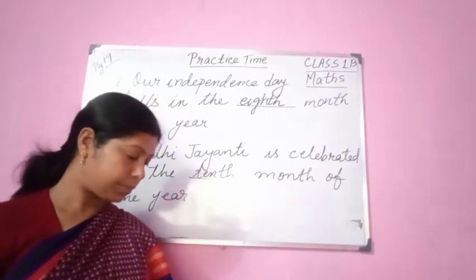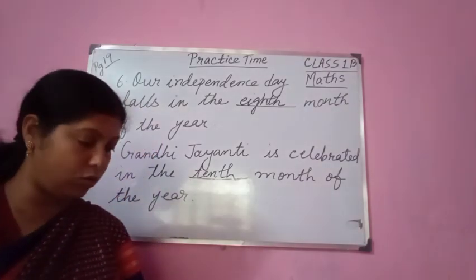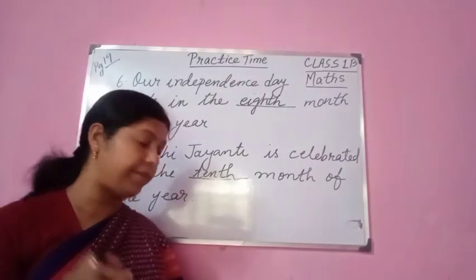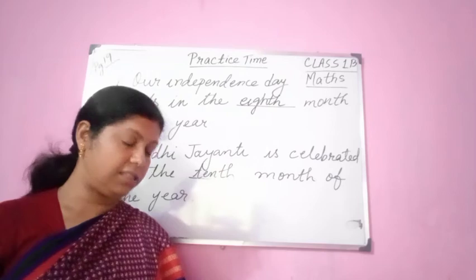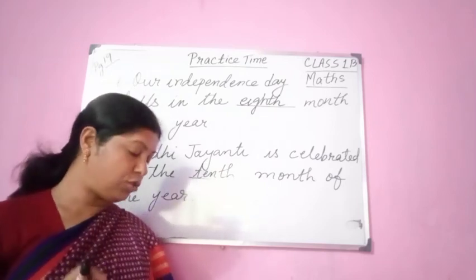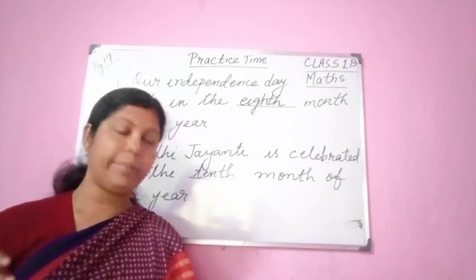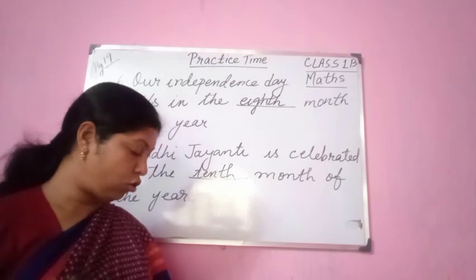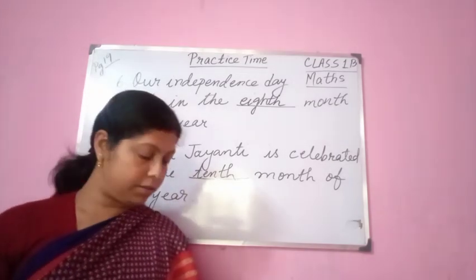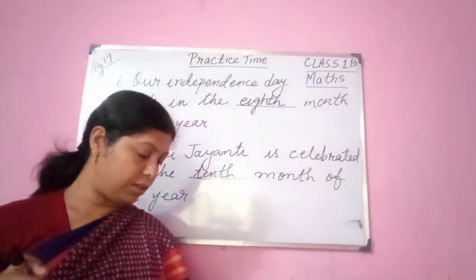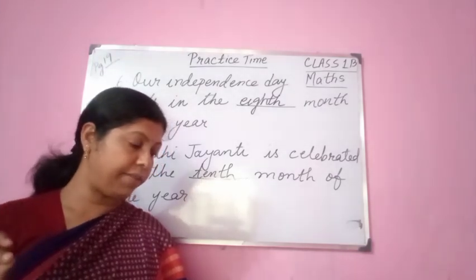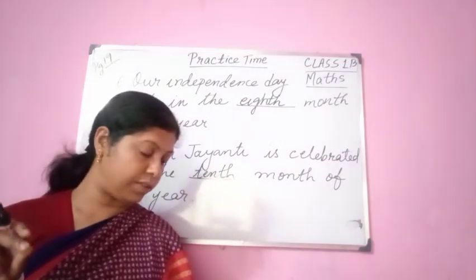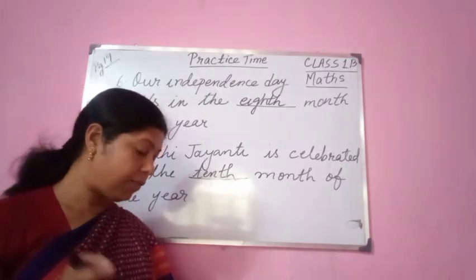Now once again I am telling you, this practice is done. This is page number 19. January is the first month of the year. March is the third month of the year. The dash month of the year has only 3 letters in its name. So the fifth month of the year has only 3 letters in its name. October is the 10th month of the year. The names of the first, 6th and 7th month start with the letter J.